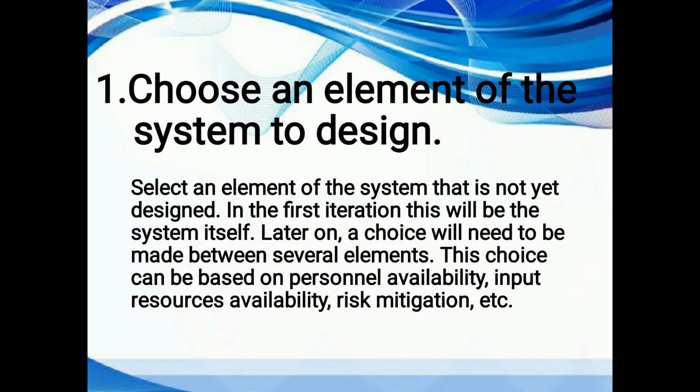The first iteration of attribute driven design will create a collection of elements that together constitute an entire system, and the second iteration will take one of these elements, what we call the chosen element, and design it, resulting in still finer grained elements. And the third iteration will take another element, either one of the children of the whole system or one of the children that was created from the design of one of the children of the whole system.